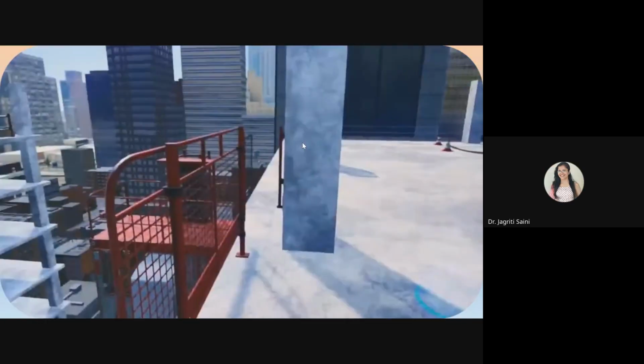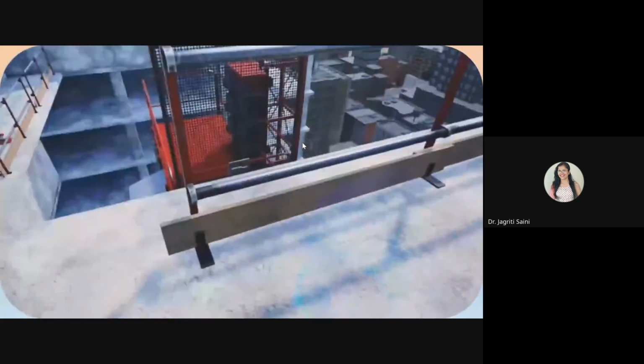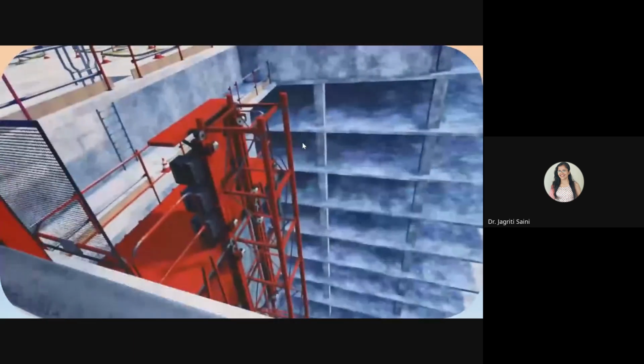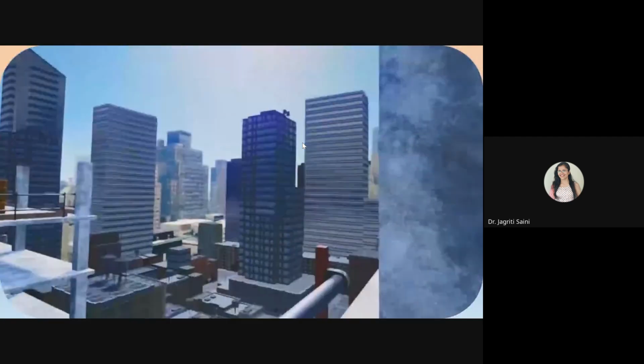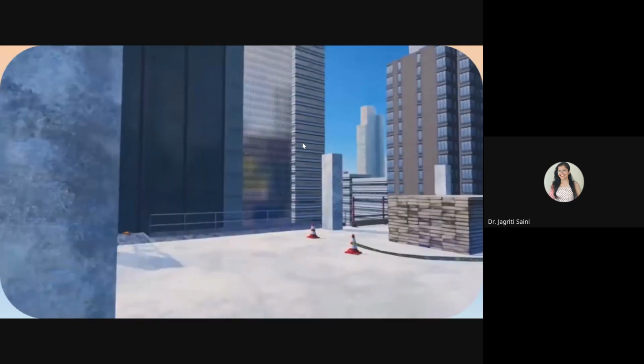You can see when someone does the walk ride, they get the indications of that if anything is wrong or if there is some warning to be given. Everything is displayed on their screen, so the student can have a complete training on how to go to the site and how to do different tasks over there. Everything they can be taught about.